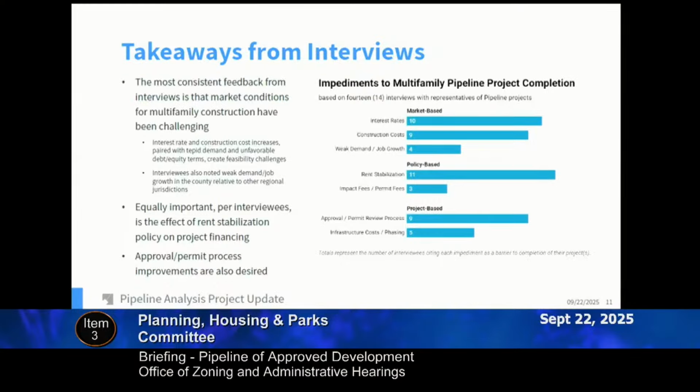Impact and permit fees were also mentioned, although concerns focused more on timing and procedural clarity than on fee levels, which developers generally see as a cost of doing business. And then on the process side, so unique to individual projects, developers described Montgomery County's approval timelines as the longest in the region. Interviewees consistently said that while the process is very clear, professional, predictable, it's just simply very long. It often takes 12 to 18 months to get through sketch or preliminary plans and site plans.